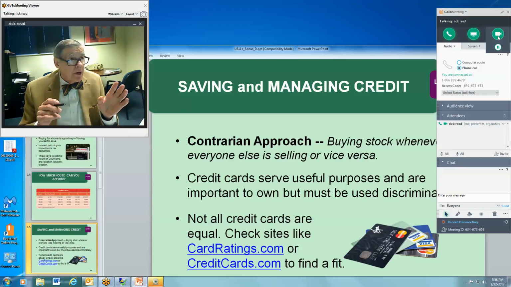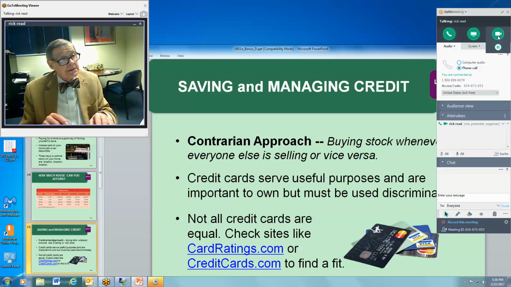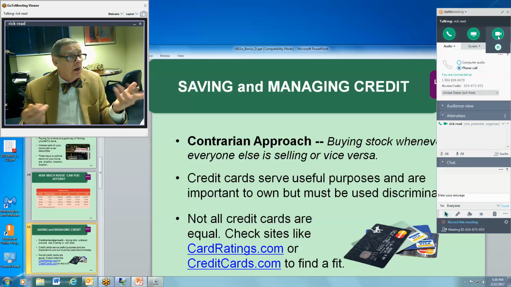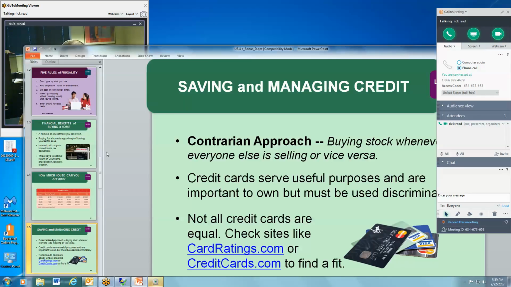Use credit cards wisely. I'm not going to get into all of those things, but I will tell you, as the slide says, not all credit cards are equal. So if you're interested in credit cards, you can shop around. There used to be some banks in South Dakota that had very low yearly rates, or very low interest rates. So look around for them. Some credit cards are 18–20% on the unpaid balance. Others are less than that. So look for one that's going to give you the best rate.